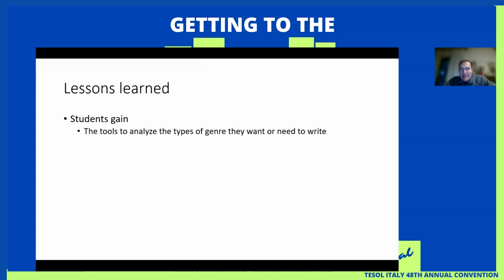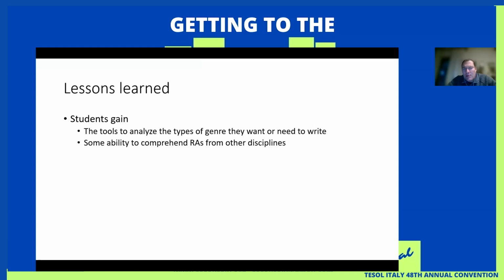So they don't leave the course after 40 hours. Abstracts they get pretty good at, but writing a research article introduction would take a lot more. Becoming very proficient in writing research article introductions takes a lot more time than 40 hours. So they're not going to become native-like writers, because that's not the goal in the first place. But they are going to gain tools that they can then apply beyond the classroom as they continually try to discover how to approximate the genre that they want to write themselves, or that they need to write themselves.